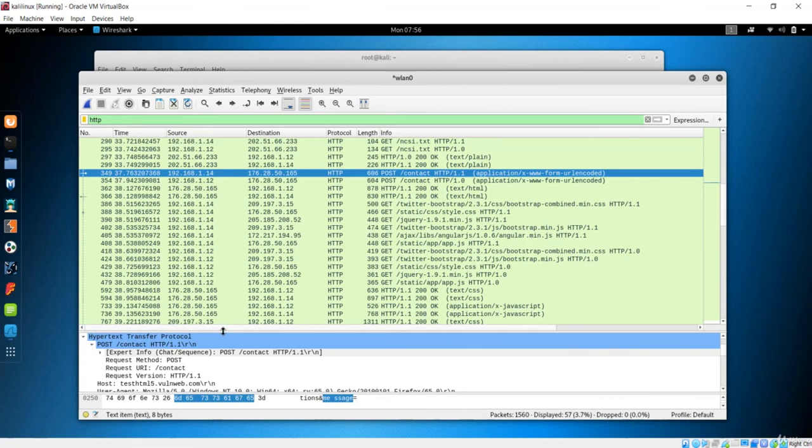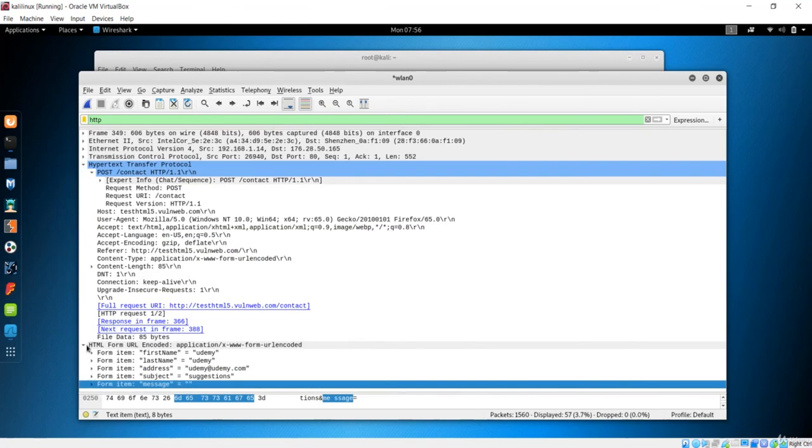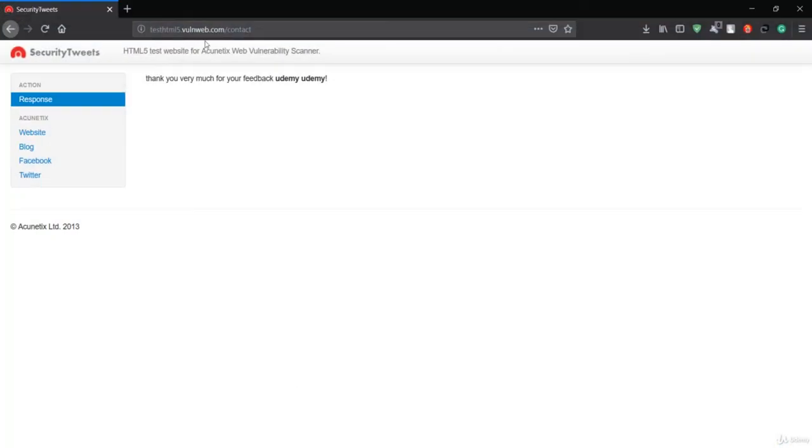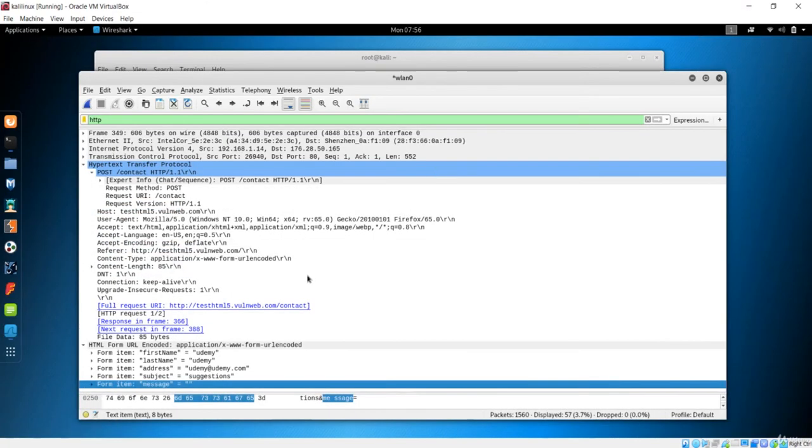In this case we have these forms right here. So we get all the information that was sent by this Windows machine, from this Firefox to this website, and we saw what was the field that was entered by the client. You could do multiple things with Wireshark, and this will wrap up this lecture. See you in the next